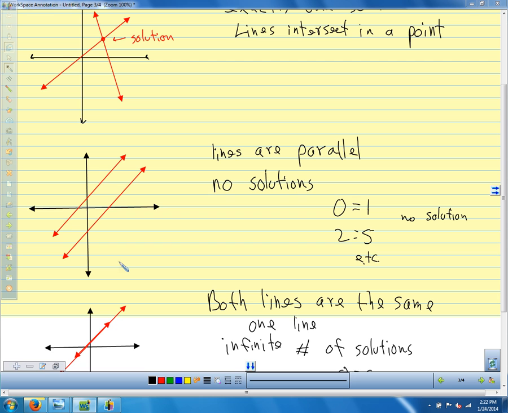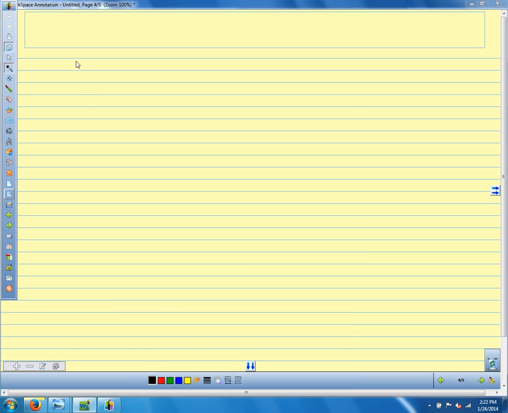All right, I want to set up one particular kind of application problem. I just want to show you how to set it up, because setting this type of equation up can be a little difficult. We're not going to go through the whole process of solving. Once we set it up, we'll see how to solve it. So let's say we have $10,000 to invest